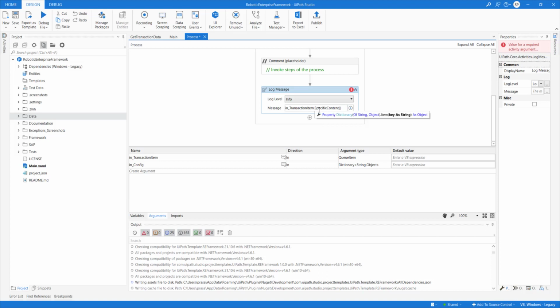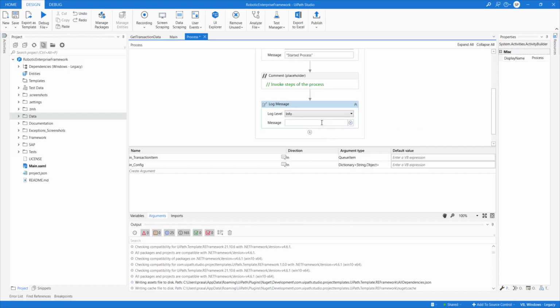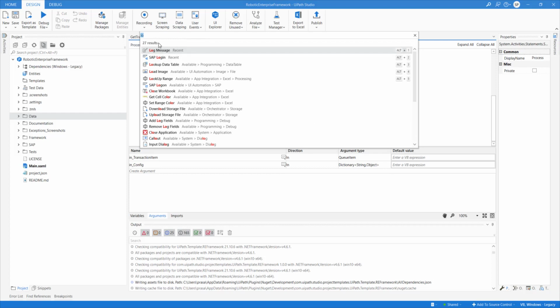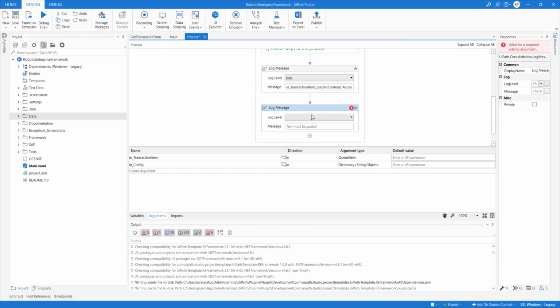And then let's print account. And probably we can print it with toString, the reason being it has to be printed as a string. And let's just say log message, account updated.